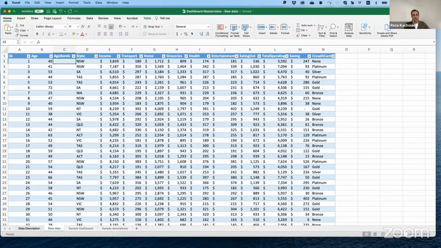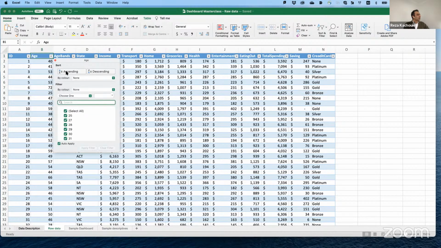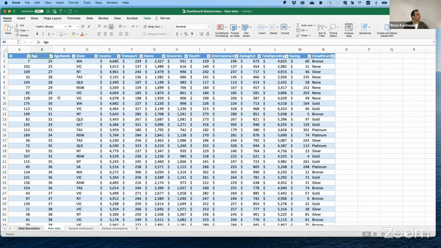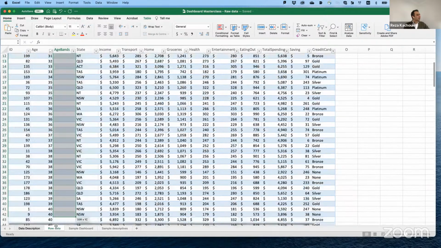So there are at least two ways that you can do it. One way is sorting based on their age. Anyone who is less than 30, you put in group 1. Anyone 30 to less than 40, put in group 2, and so on.